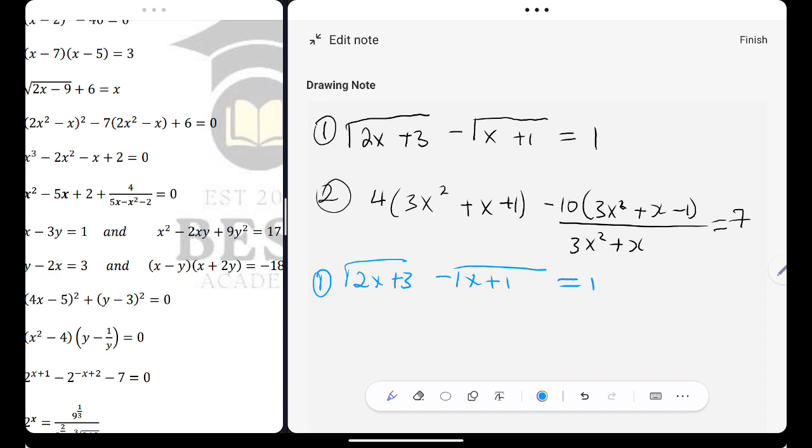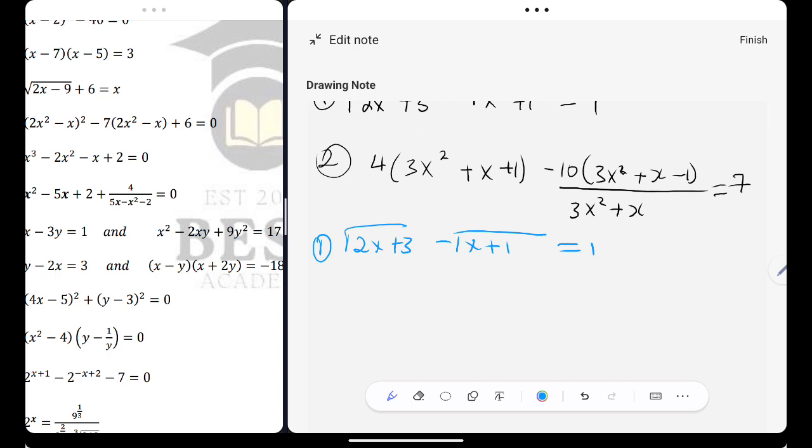okay, here I have surds, and for me to solve x, I must try to remove surds. Are you together? So I have 2 surds. I cannot just square both sides when it's like this. Are you together? But all I can do is to isolate one surd at a time. So I'll have 2x plus 3 is equal to, excuse me, is equal to 1 plus